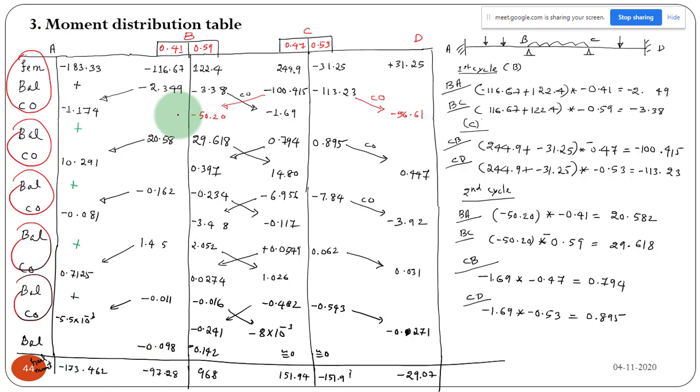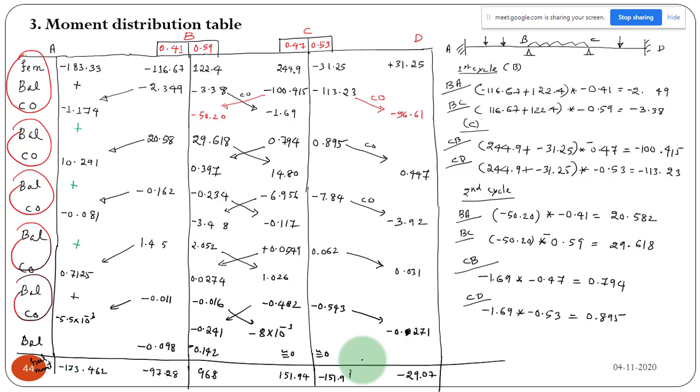MAB is equal to minus 173. MBA is 97, this is 96.8. You will get the same answer. You check it. Minus 97 means here also you should get plus 97. So anyway, it is approximately 97 only, plus 97. This is your final answer. So this is a typical procedure. You have to do it like this.